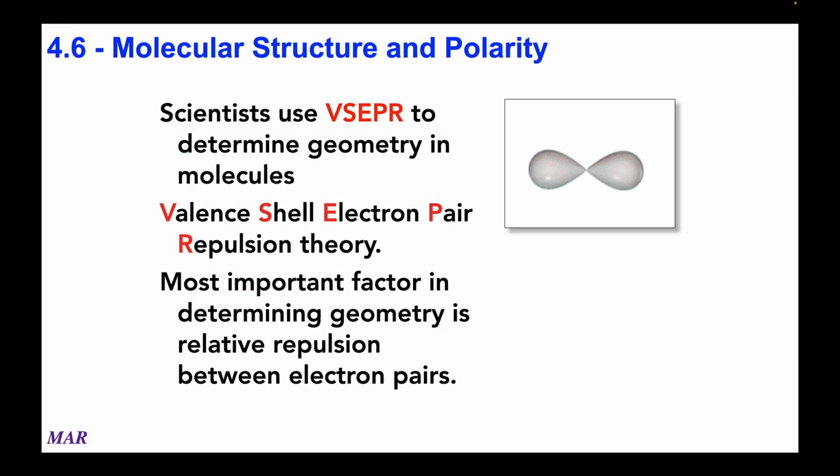You can extend a Lewis structure theory by applying what's called VSEPR. VSEPR stands for valence shell electron pair repulsion theory. And it's a really cool way to figure out the geometry of the molecules you're looking at. And the punchline of all of this is that electrons want to be as far apart from each other as